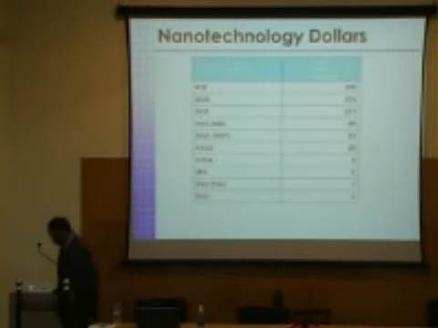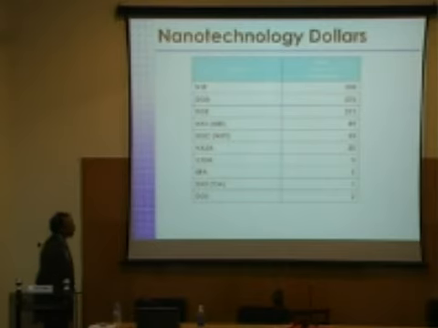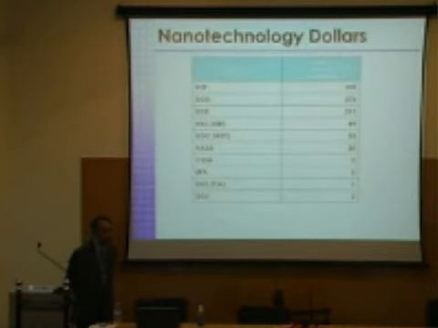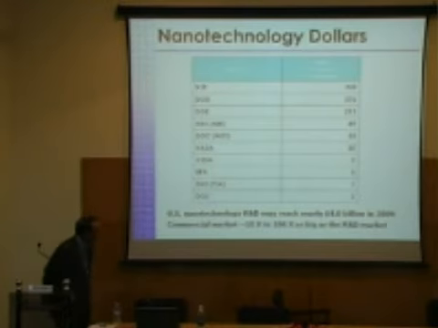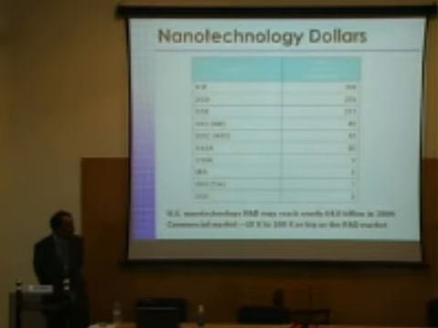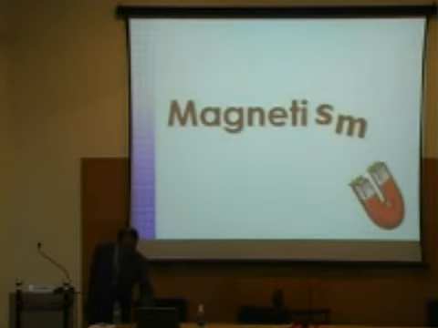Not only the goals, they also have the money to support this. For example, NSF has committed about $305 million, and Department of Defense, Department of Energy, Health and Human Services, Department of Commerce, NASA, Environmental Protection Agency, Department of Homeland Security, Department of Justice, all these people are putting money to support this effort, and my projection is our technology may reach about $4 billion in 2009, and the commercial market is approximately 10 to 100 times as big as the R&D market. So there's a lot of interest in this one.